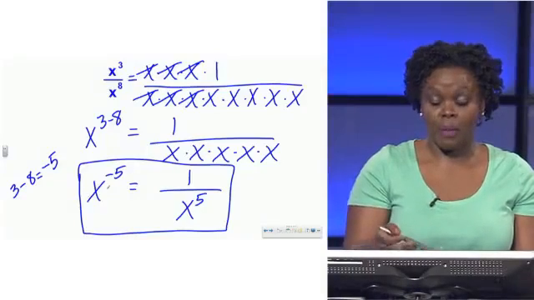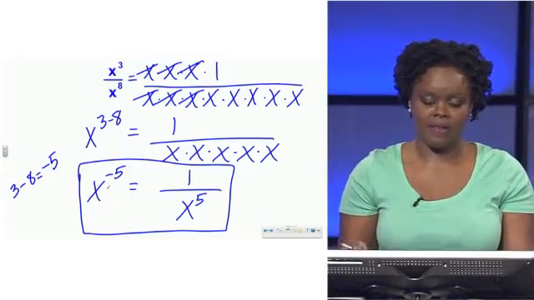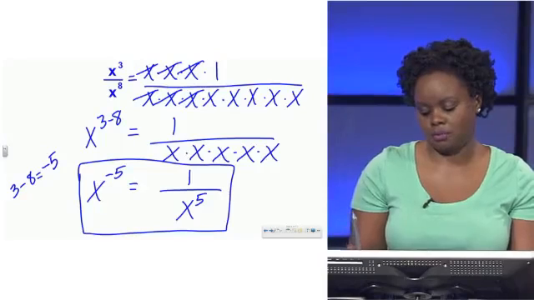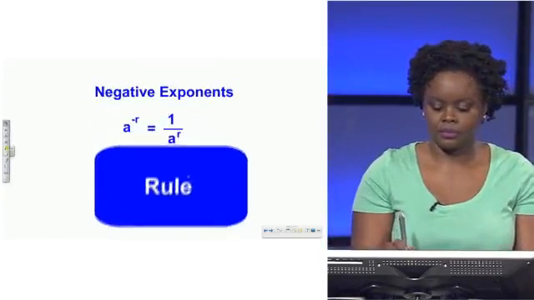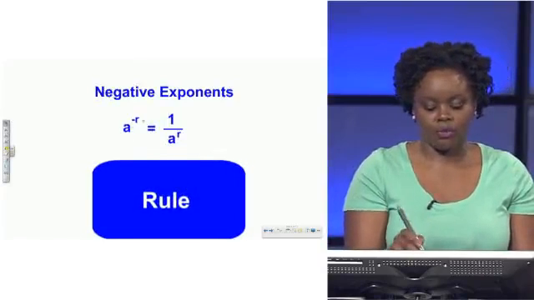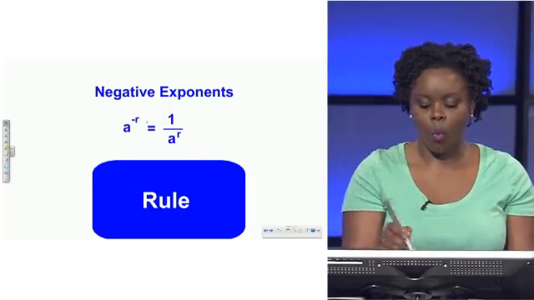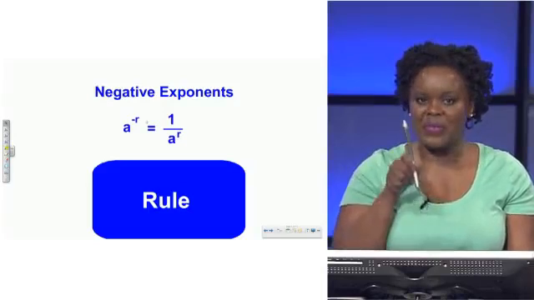Did you pick up on that pattern? Each and every time, if you notice, when you raise a value to a negative power, it's the same thing as 1 over that value to the positive power. That's how you handle negative exponents. Okay, let's look at this rule. So any value raised to a negative power, any negative power, it means the same thing as 1 over raising that value to a positive power, except for one value,